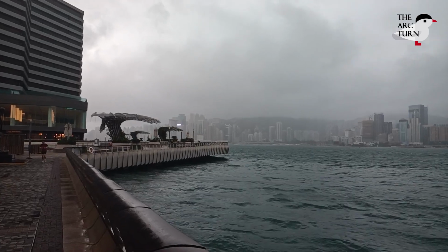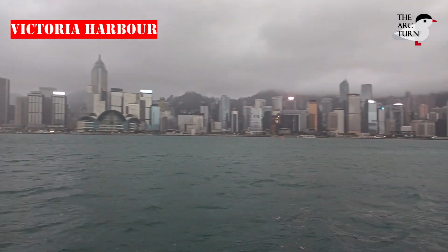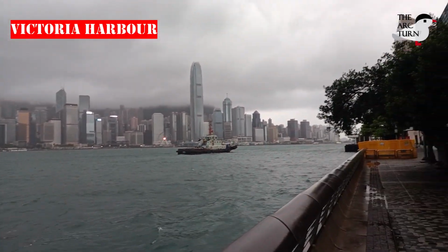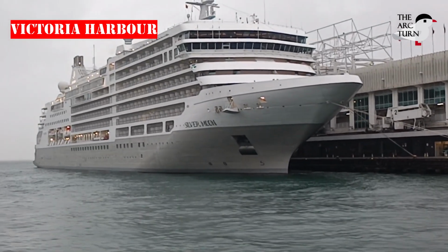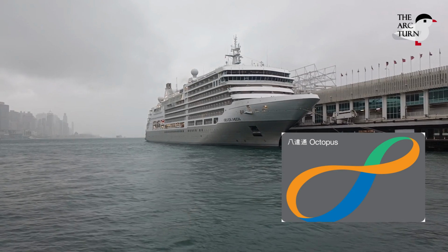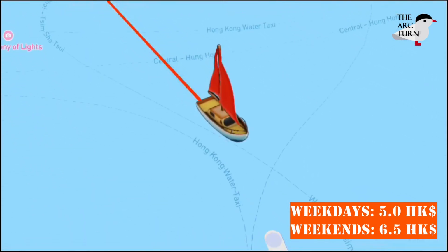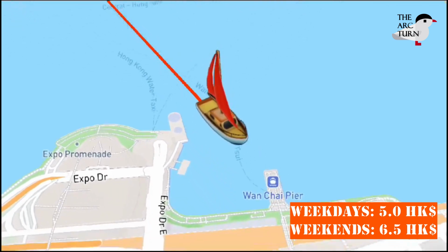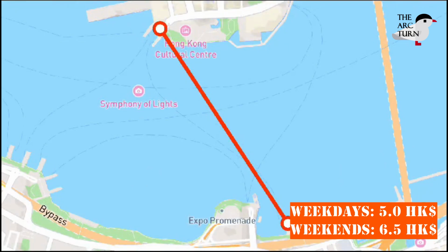The day 2 of my Hong Kong trip starts very early, 5:30 a.m. local time. I wake up and then I take my breakfast. By 6:30 a.m. I am outside my hotel room. While you get out from the airport, make sure that you get an MTR octopus card, which would be very helpful. I started from Tsim Sha Tsui Star Ferry and I ended up at Wan Chai Pier, which is in